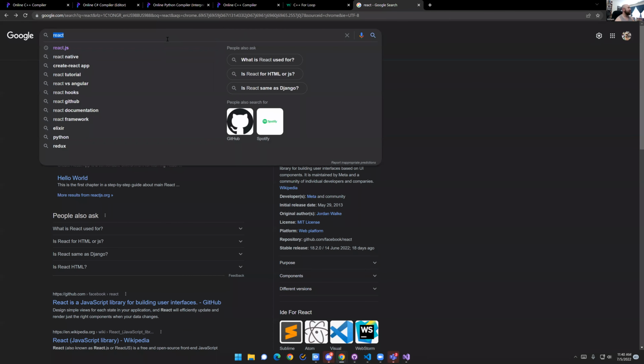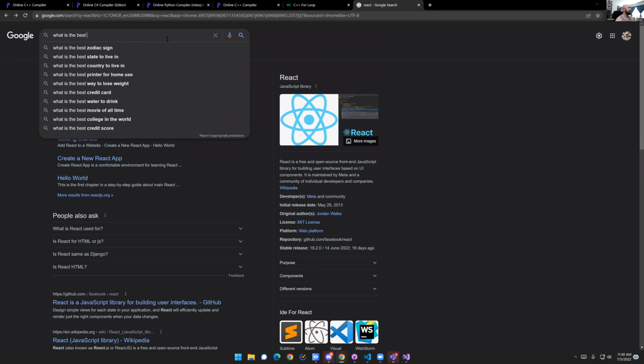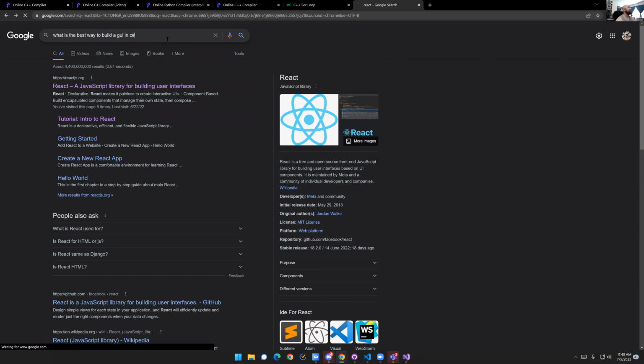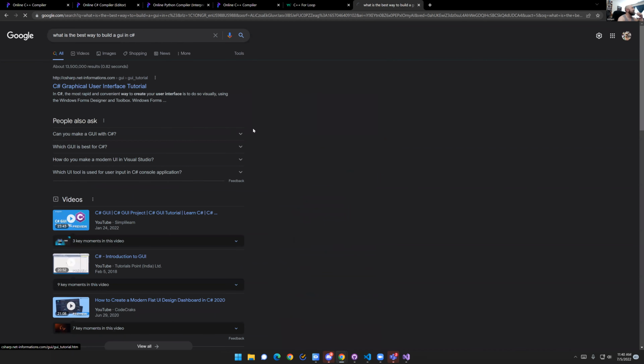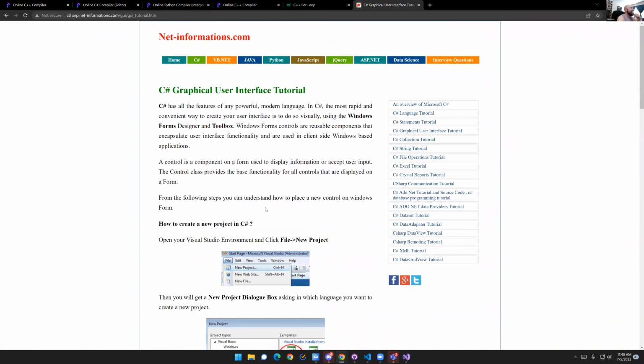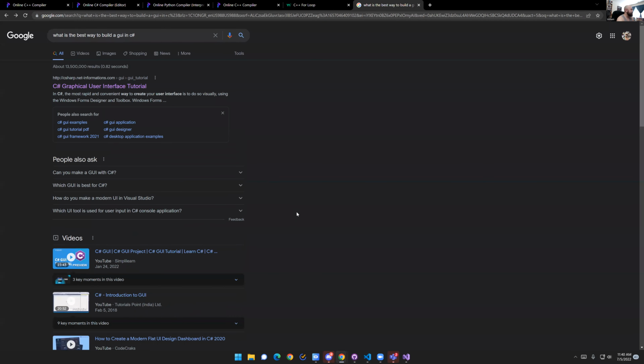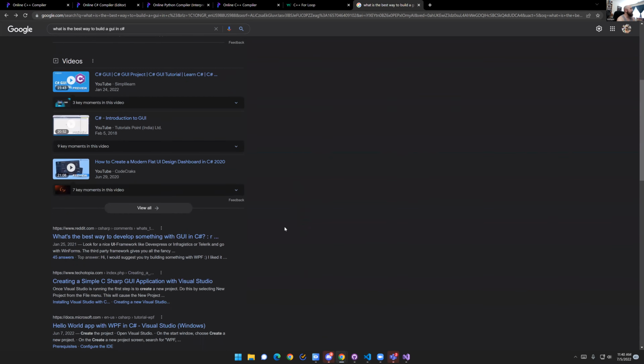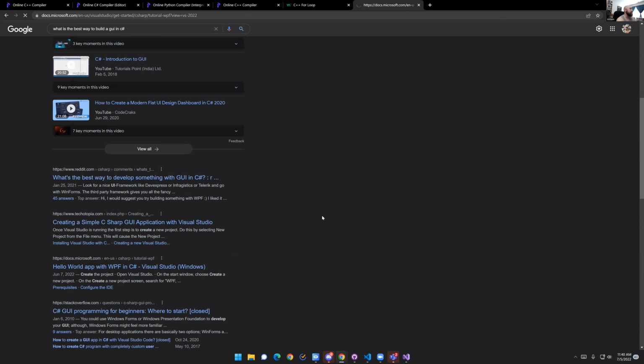What I'm saying here is, what is the best way to build a GUI in C#? Yeah, there we go. We have the Windows Form again. There you go. If you haven't been able to tell, everything you've ever done in C# is a Windows Form. It's been changing, and also the reason I don't have the best answer to this right now is because there's